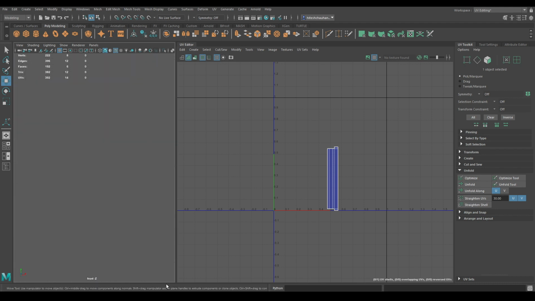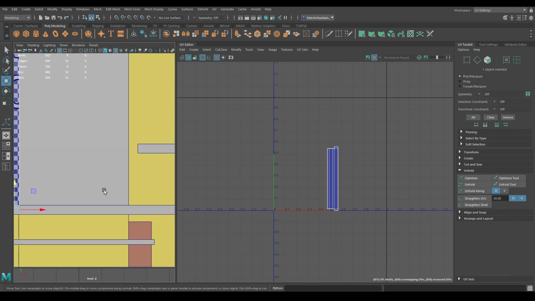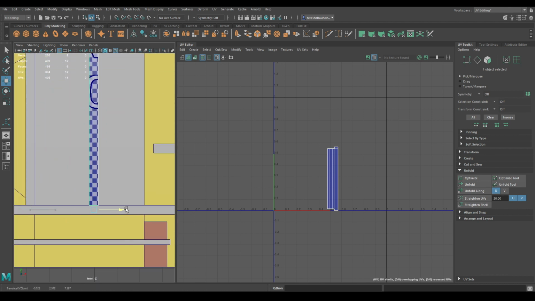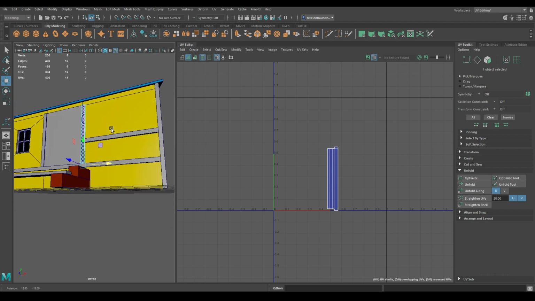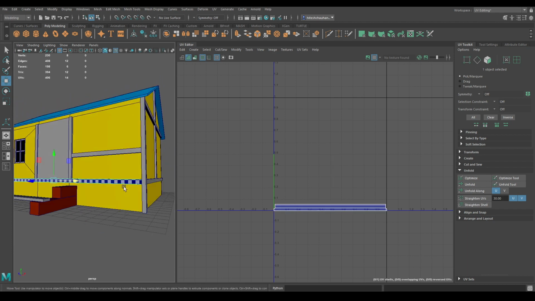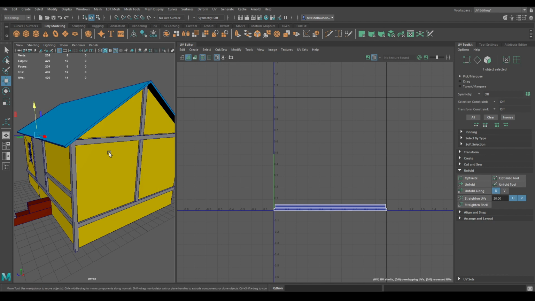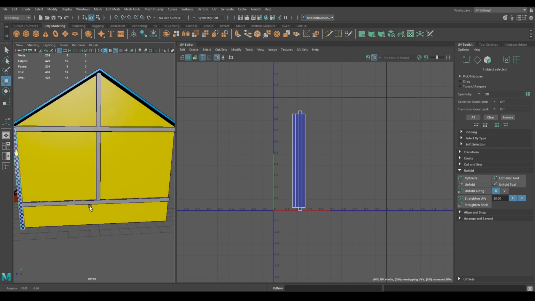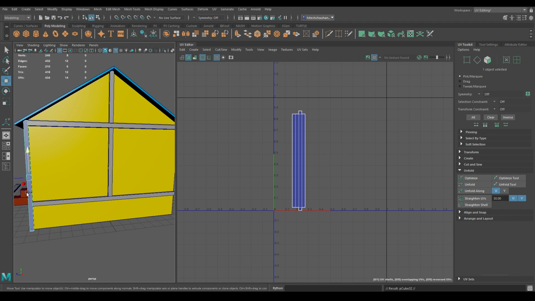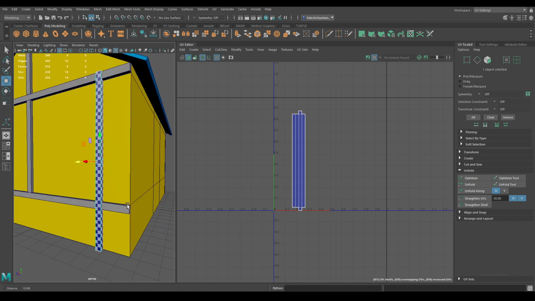Select this, go to front view and duplicate it. Place this one here. Duplicate this one and place this one up here. Select this one, duplicate and place this one on this corner.